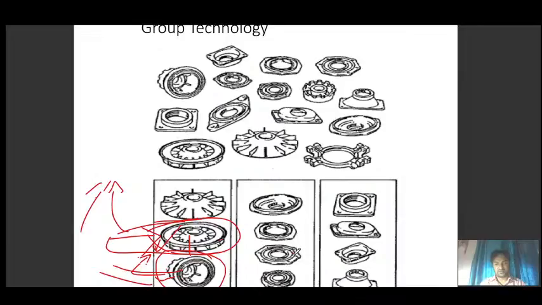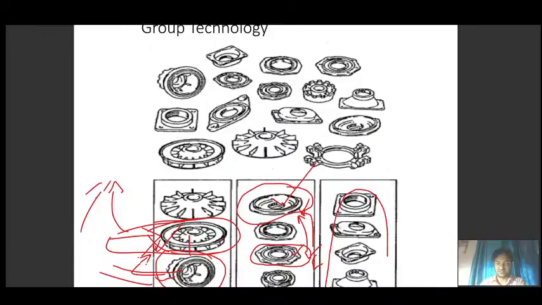Same, you have this part and you have to make this part. So you can directly refer to the design data and manufacturing process of this part, because it is already existing in your organization, in your manufacturing department. So this one is existing, and then you will recall it, and then with some changes you can easily make it. And then sometimes you are also able to get the production process, because the production process would be the same.